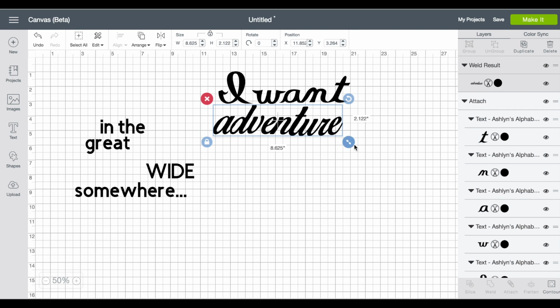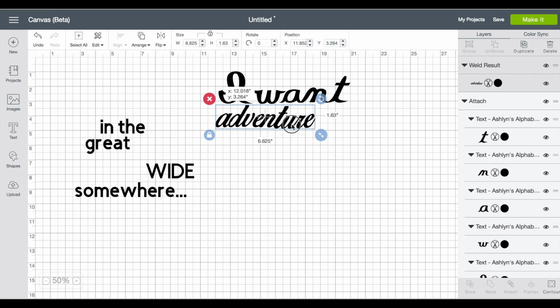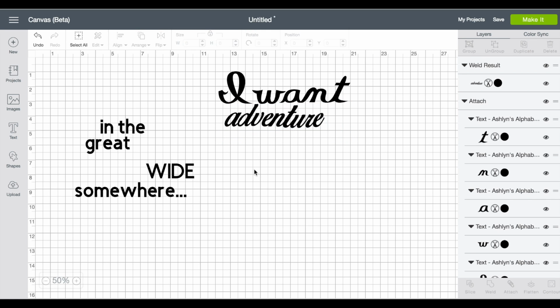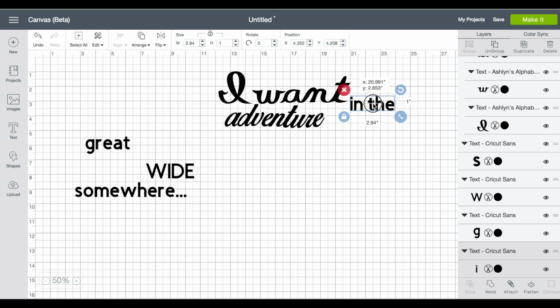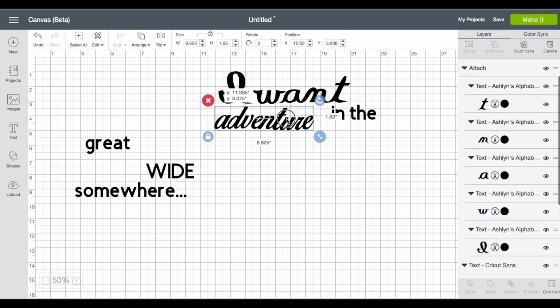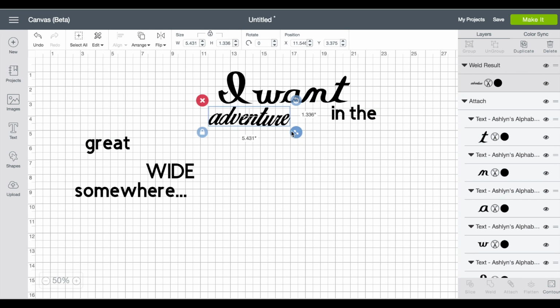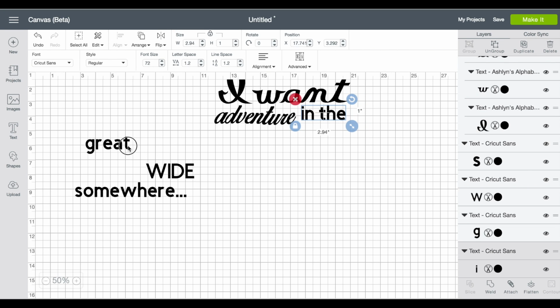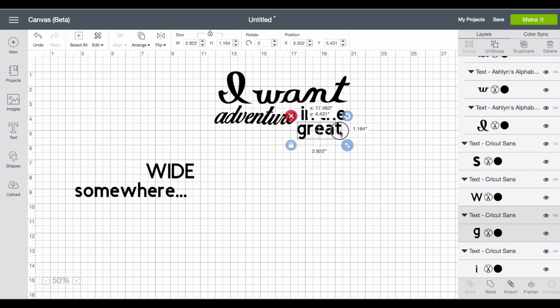So we can make this smaller if we wanted to. We can also change the color on them. I'm going to do this out of a couple different colors that remind me of Belle. So we can also do Adventure a little bit smaller and make in the Great a different font, kind of like that.